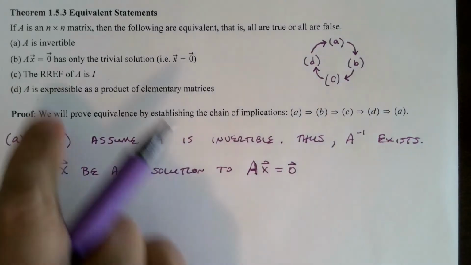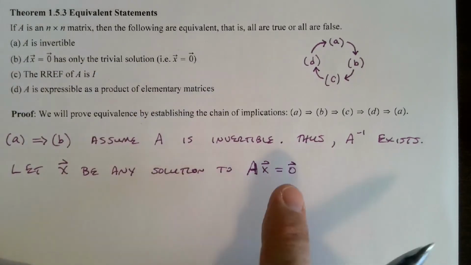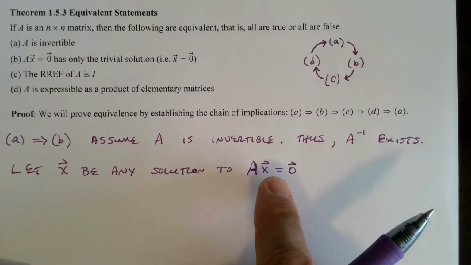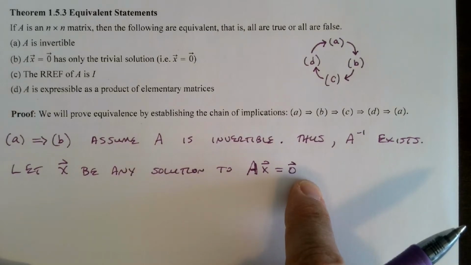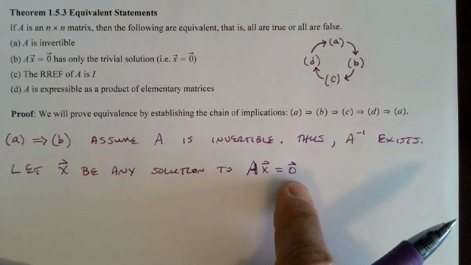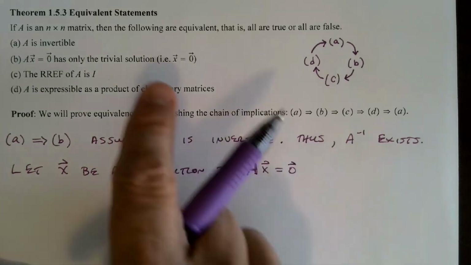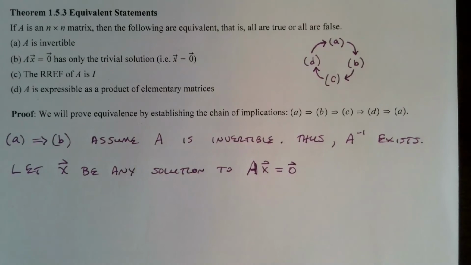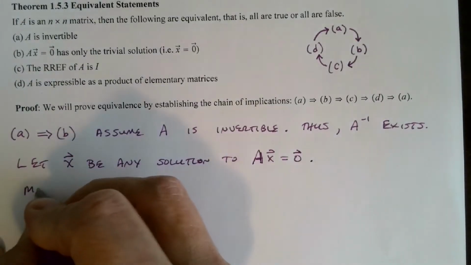So another way of saying it is that this homogeneous system will have only the trivial solution. Now, it's important to note that a homogeneous system always has the trivial solution. Right? If the vector x is 0, then that's going to satisfy this equation. And so that's true. But remember, we can have non-trivial solutions. There's the possibility of having infinitely many solutions. But what this is saying is that in the case where A is invertible, we will have only the trivial solution. Okay? So the way to prove this, we're going to multiply